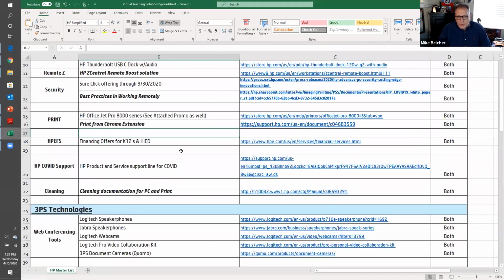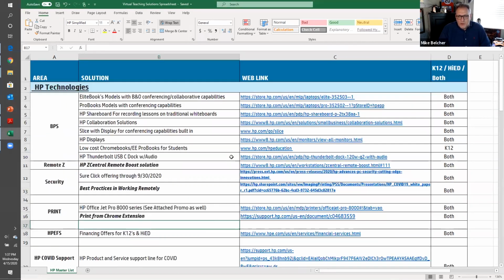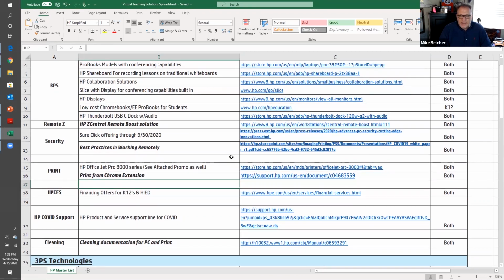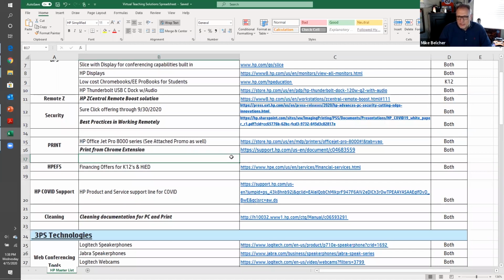So when you email me, we'll send you over this link. This will be the link that you gain access to, this spreadsheet, basically, of both K-12 and high ed resources. I'm just going to touch on a few of these that we think are going to be important as